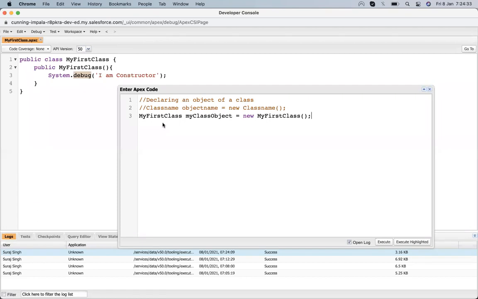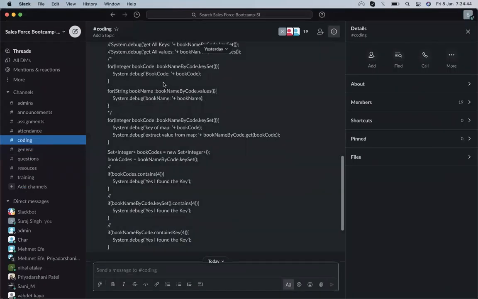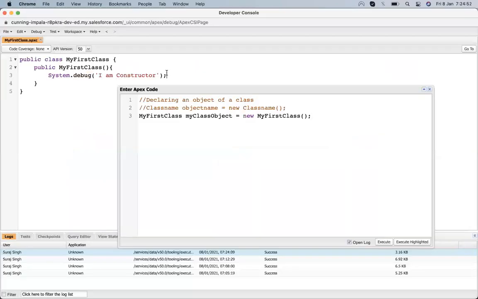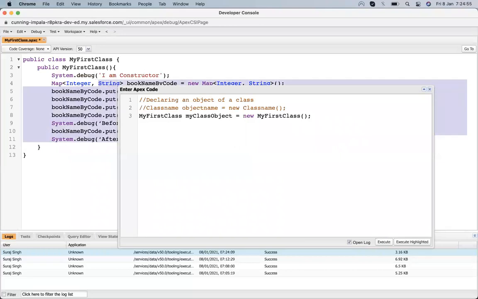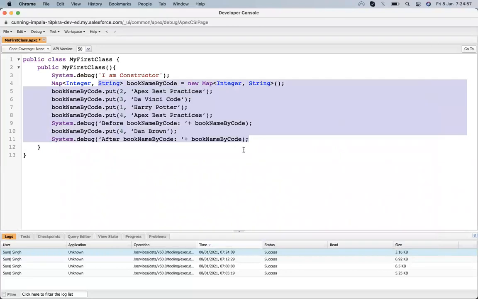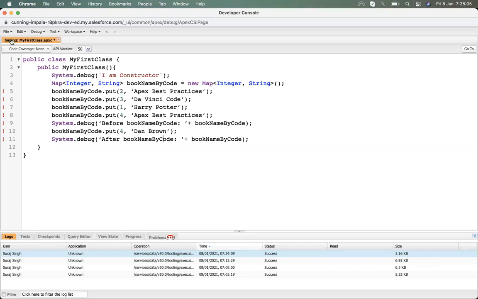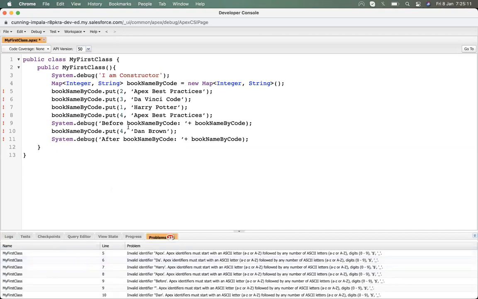And if I define anything else, suppose I define my map from here. Okay, we define the map, and then we hit Control S to save. It's showing me a problem.